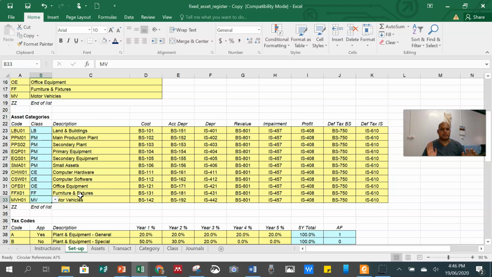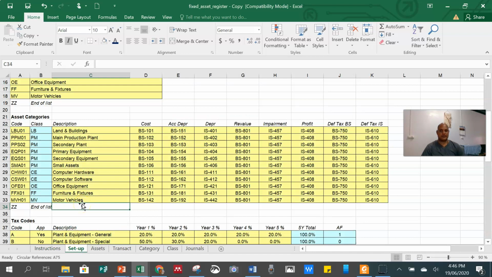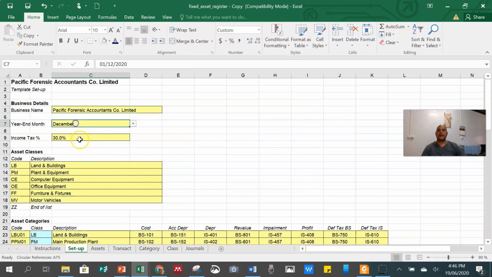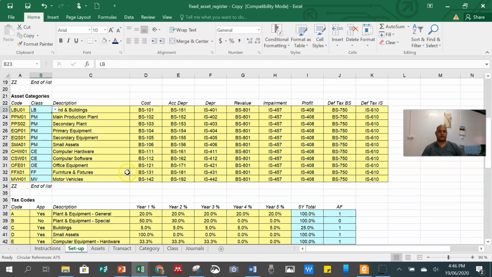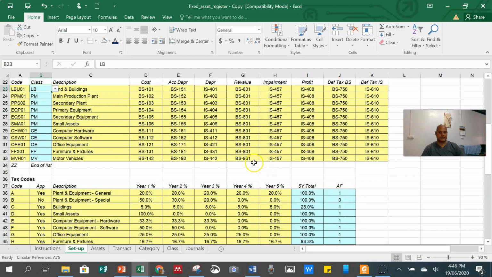So basically, this whole sheet, this fixed asset register, is already formatted. It is up to you just to feed information. That is the first rule. Second rule, you have an instruction sheet that I have explained. Third rule, you only type anything into where the yellow colors are. When it's blue, don't. They are formatted, like this one. Okay, that's the third point.